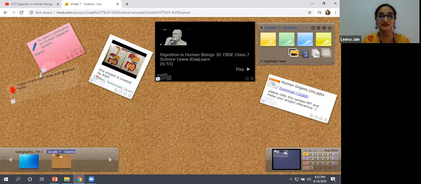So this is how you can create different kinds of collaborations here. You can move, you can add more and more images, more stickies, and your students can share brainstorming ideas. They can do a lot of work here. So this is kind of a small classroom discussion and this will be helpful for everyone.